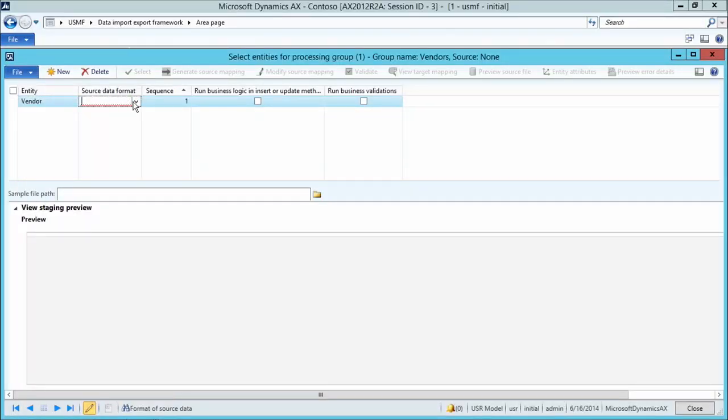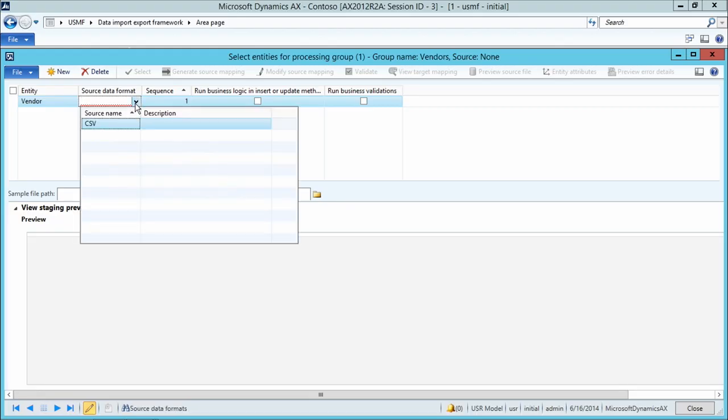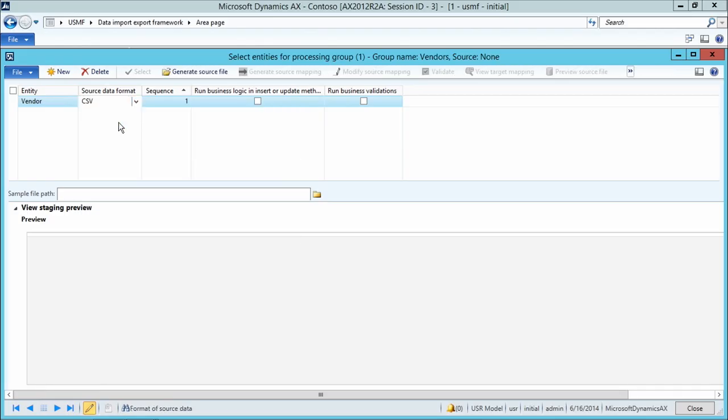Then you need to select the source data format. In our case, we've created a source data format called CSV, and we're going to import the vendors from a CSV file. So I'm going to select CSV as the source data format. You have a few other